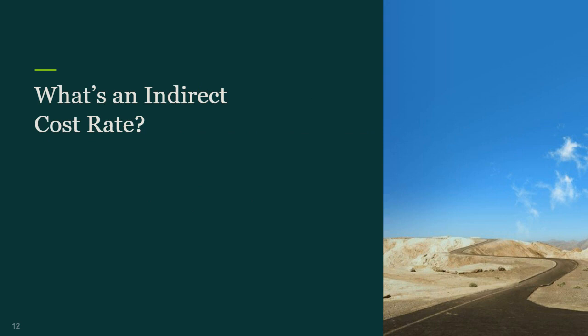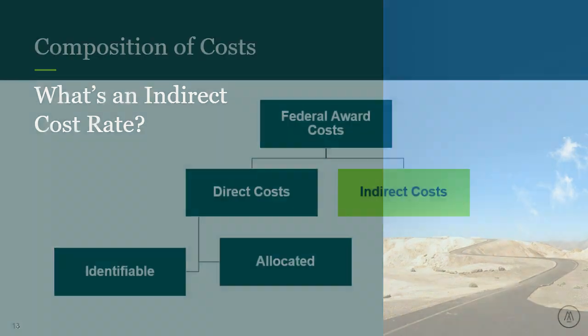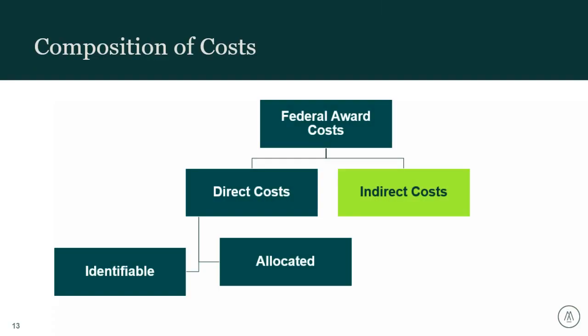And so let's talk a little bit about what is an indirect rate and how you all account for some of the costs that you have. As you're implementing your federal award programs, you all have various buckets of costs. Well, as part of these costs, you could have direct and indirect costs. Your direct costs are easy to identify and are allocated over to the grants. And then your indirect costs